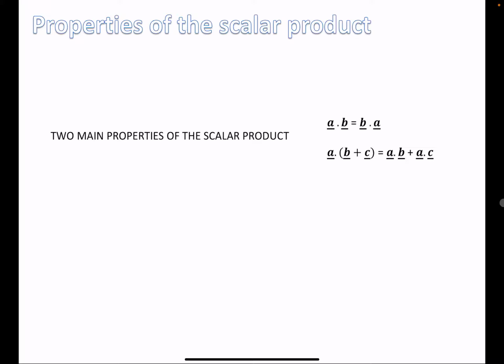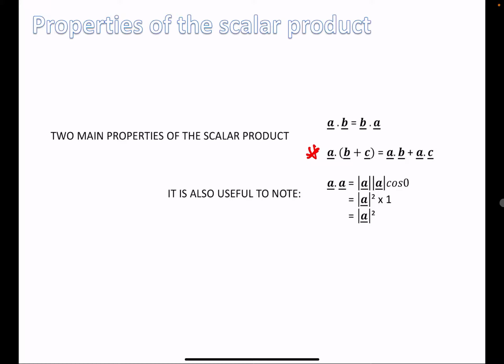So quite often you get this as part of your question. This is the start of your question, and you'd want to expand it into two individual scalar products, a dot b plus a dot c. And there's a couple of things based on this that's also useful to remember. You can work these out for yourself, but it'll save you a bit of time if you remember them. If you have a dot a, in other words, you're finding the scalar product of two of